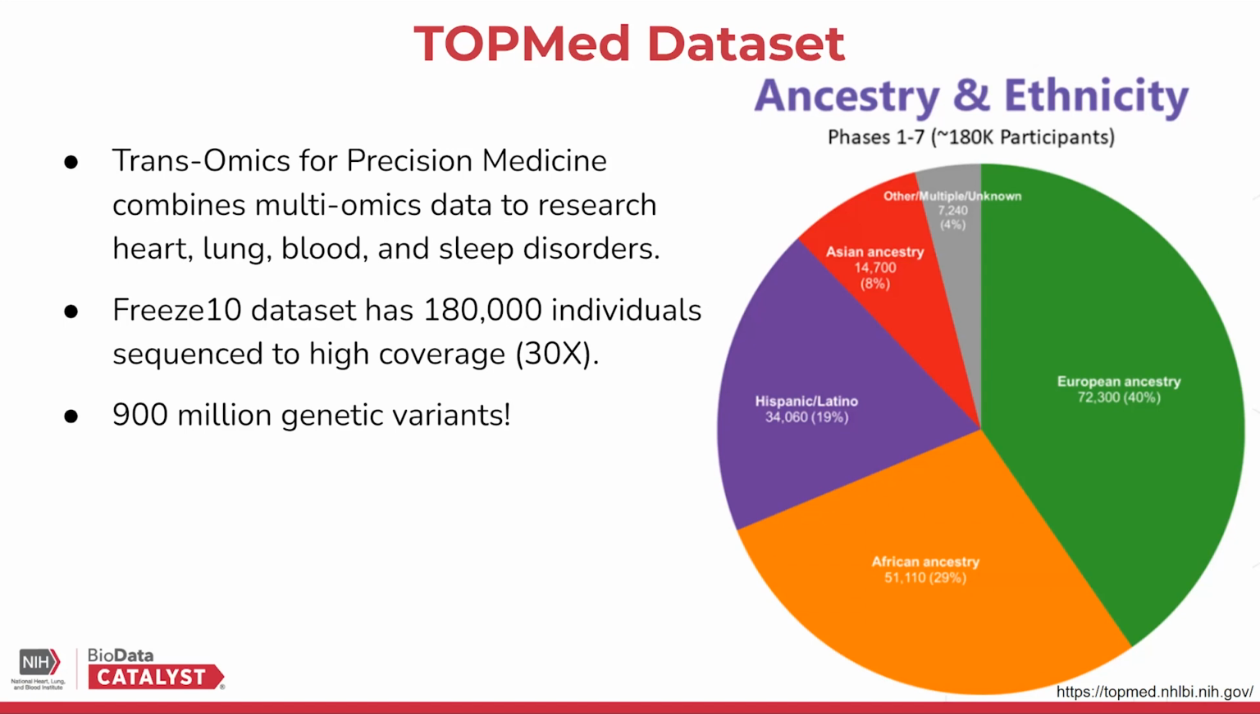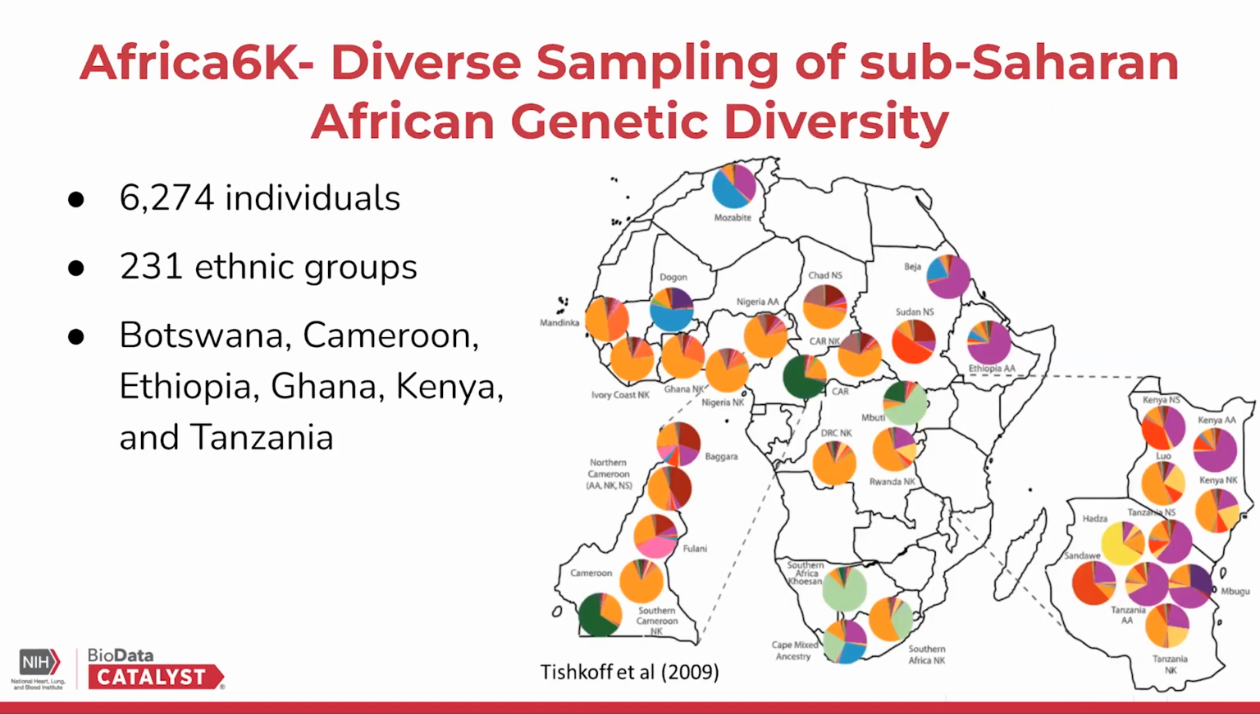And within TOPMed, I'm part of the Africa 6K project, which is led by my postdoc mentor, Sarah Tishkoff, here at the University of Pennsylvania, as well as our co-PI, Scott Williams. Our data set includes up to 6,200 individuals, and it's a rather remarkable data set in order to be able to look at African genetic diversity. That's because it includes almost 230 different ethnic groups coming primarily from Botswana, Cameroon, Ethiopia, Ghana, Kenya, and Tanzania. So this really does give us a unique opportunity to be able to look at genetic diversity and how that